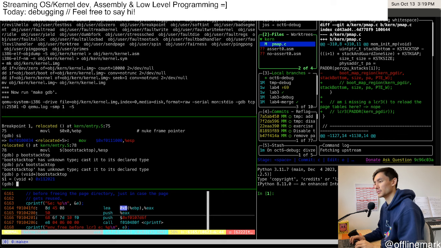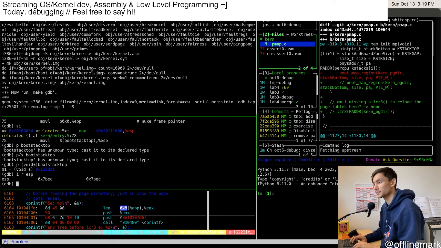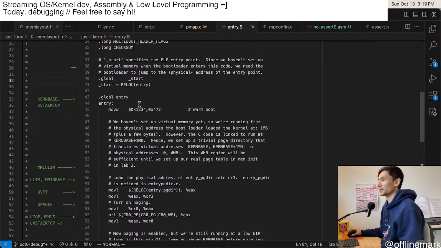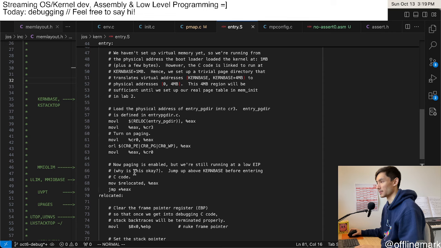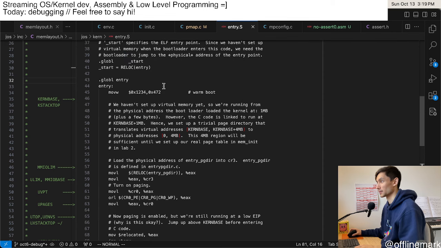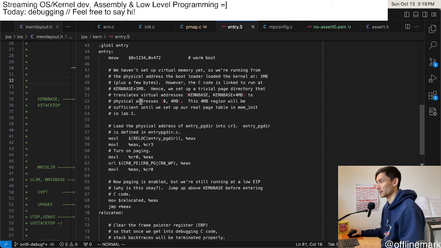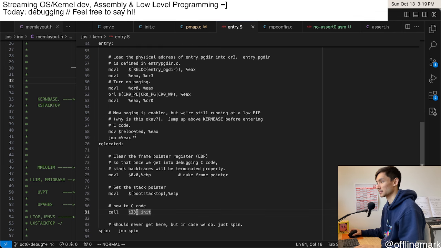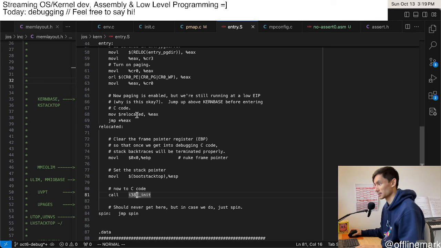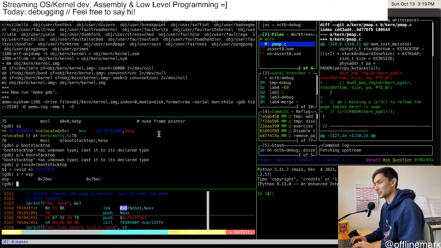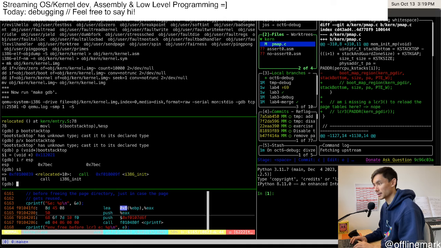So ESP currently is whatever stack we inherit from the bootloader, I think. We continue to run on its stack, although we're not using the stack. Now if I step I,